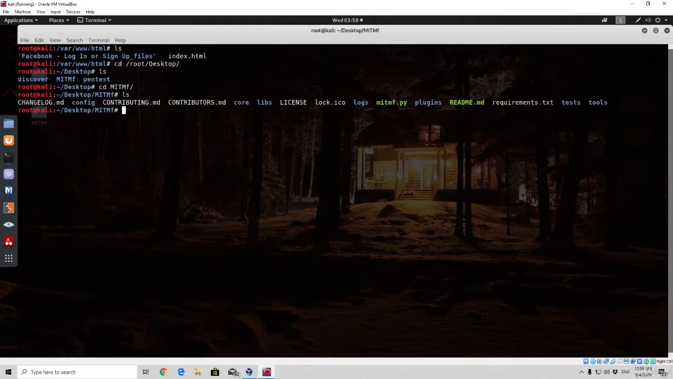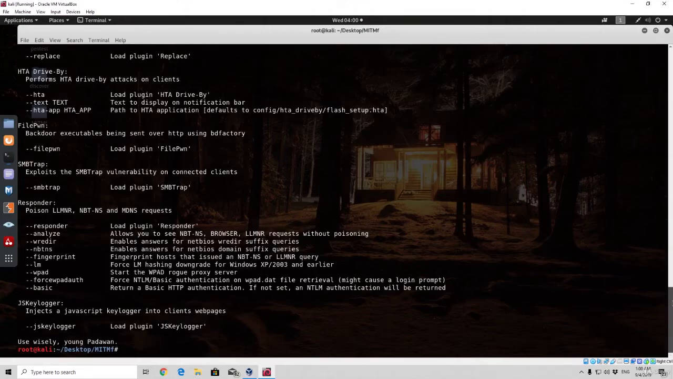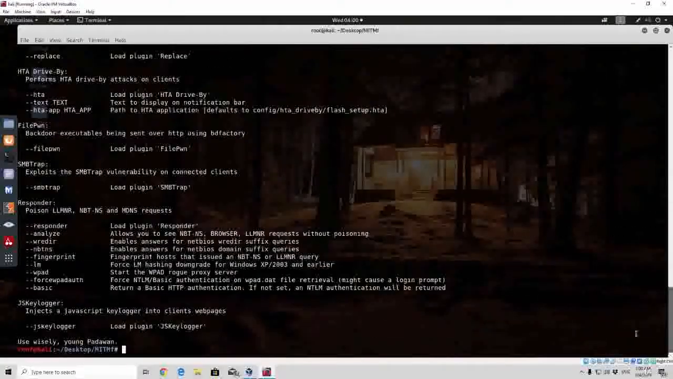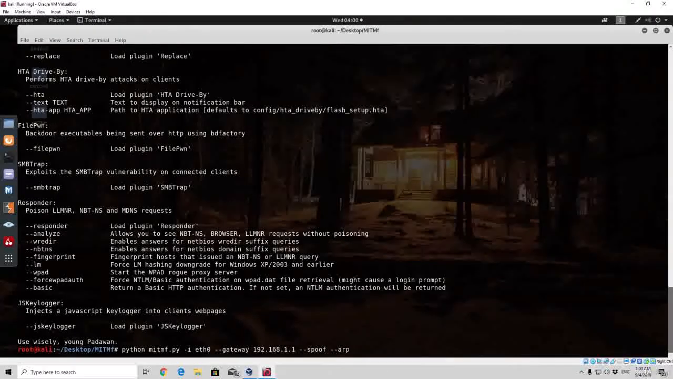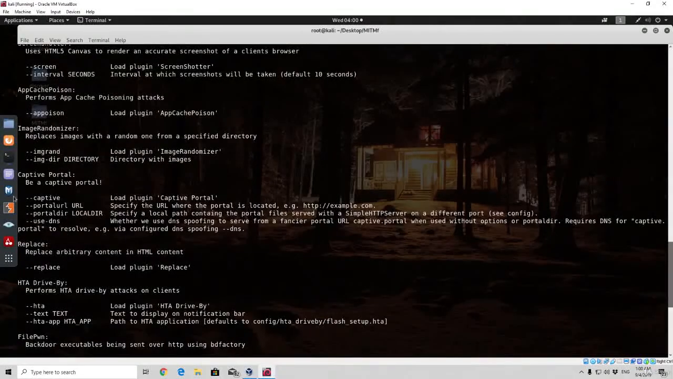Right here, what I'm going to do is run once again the help menu, so I can simply see what are the available options for that specific attack. So we already remember the default options, which is python imtmf.py -i for the interface, eth0, then --gateway 192.168.1.1. Then what we want to perform is --spoof, and then arp, and then what we want to perform is --captive. I believe this is the actual option. Yeah, it is. So we want to load the plugin captive portal, and now we need to specify the portal URL,